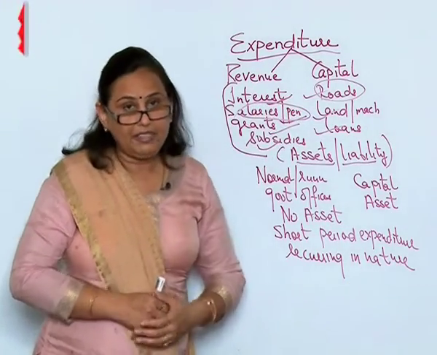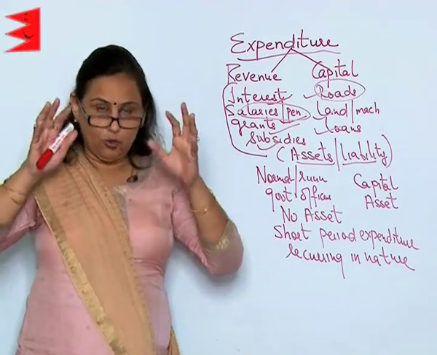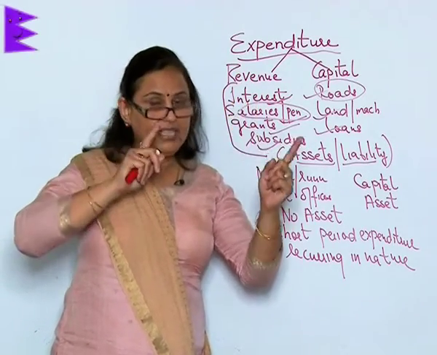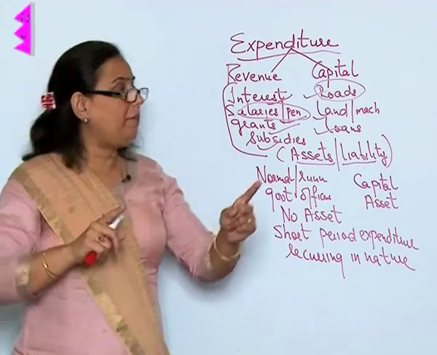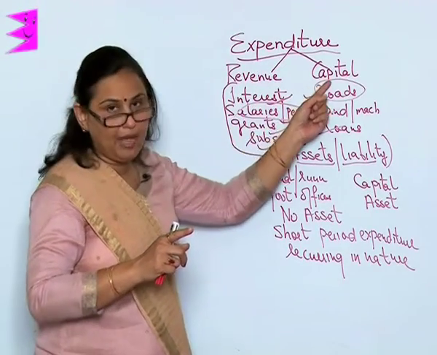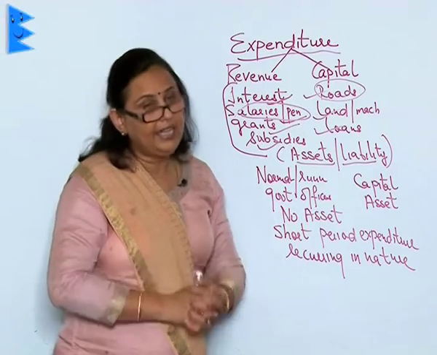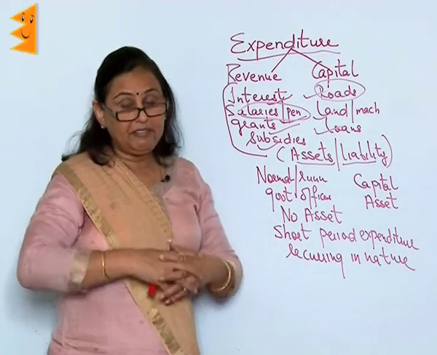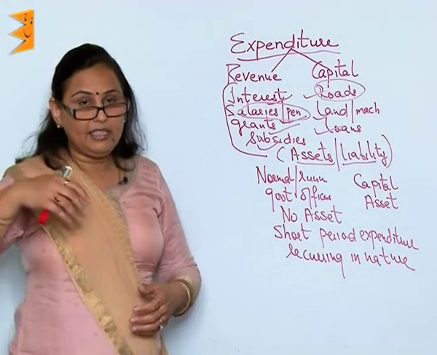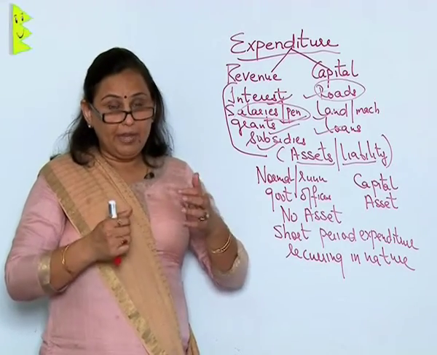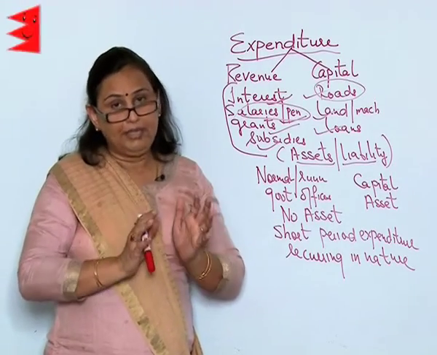So, we have seen a budget, a good budget, and the two parts are the receipt and the expenditure. Two components are the revenue and the capital, both in form of the receipt and the expenditure. We have seen what a tax is. Tax is whatever the government levies on people to make its money.